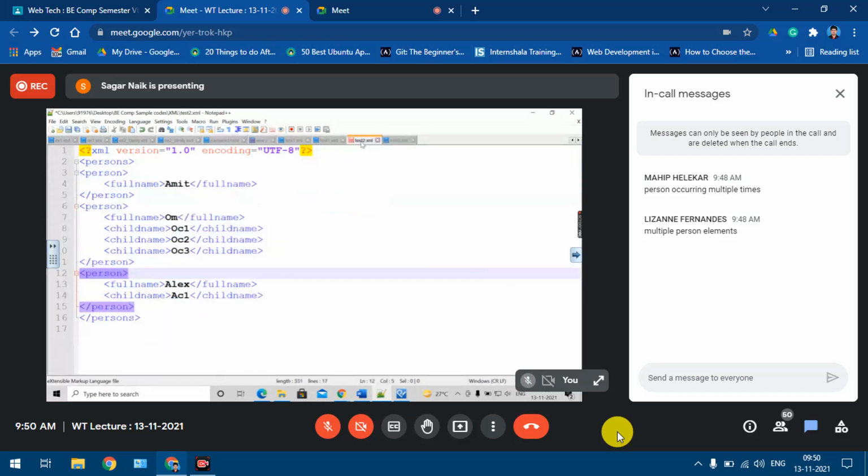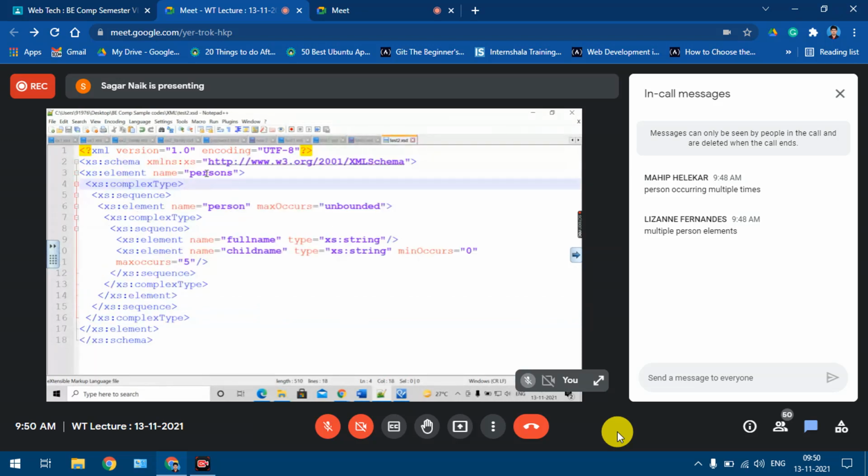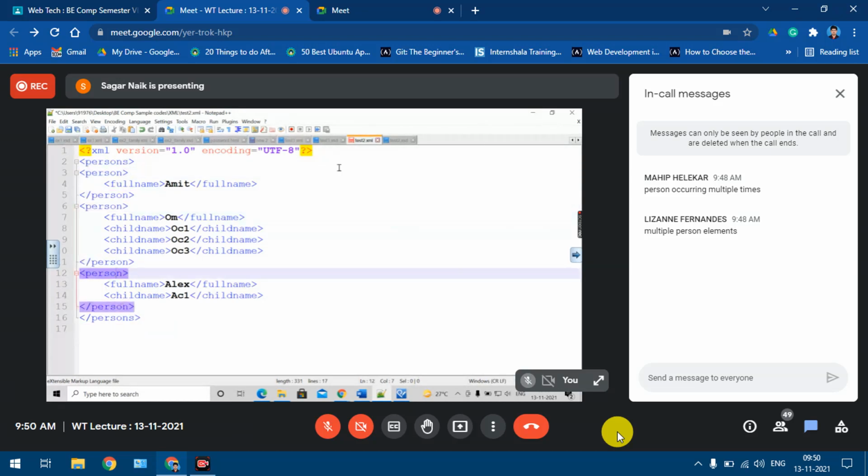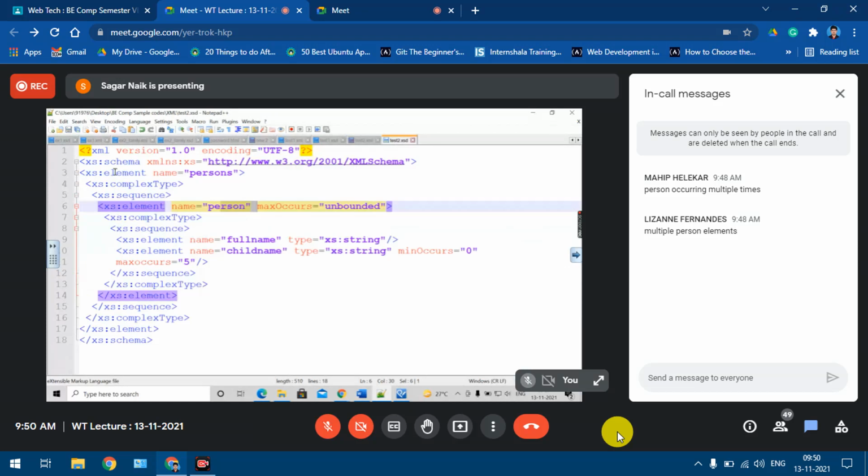Now I'll go to my XML file. And how to connect this file to my schema file? I'll have to go into the root element. I think you are getting confused between persons and person. Don't get confused. Understood? This was a question from a semester paper, you might get this kind of question. There is a difference. Persons is the root element, and inside it the person element is occurring multiple times, and that constraint we have entered over there. That is the thing.